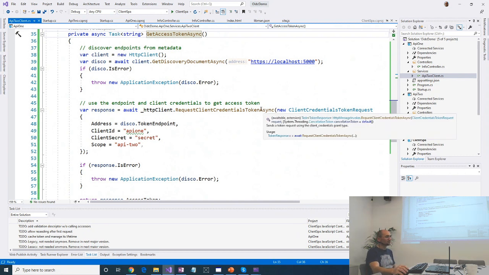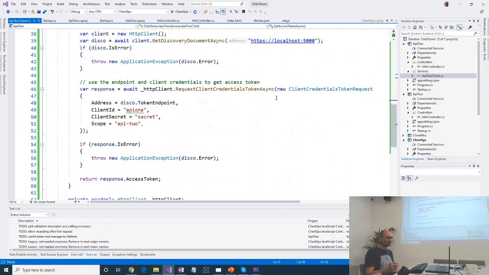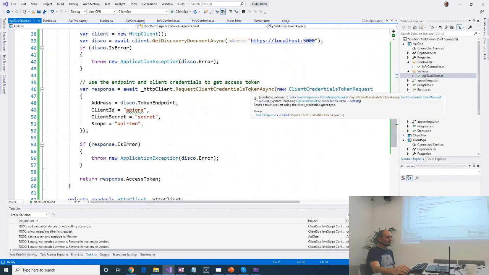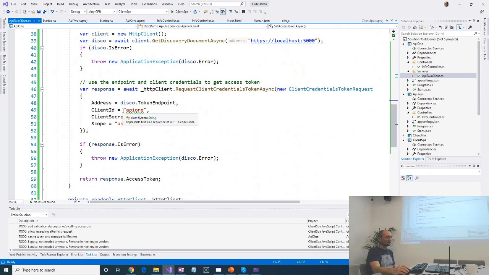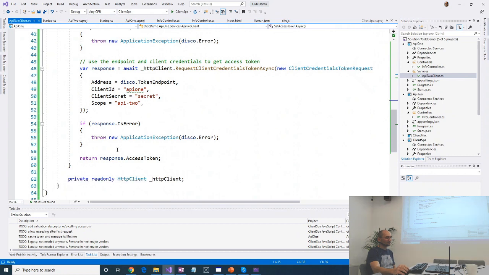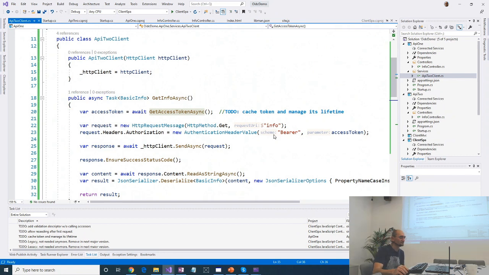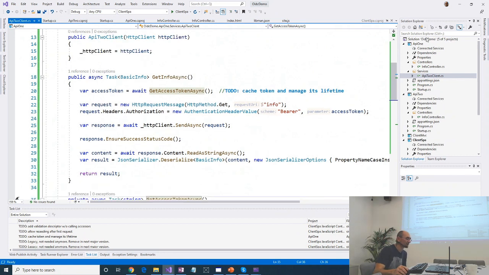And one of the methods you can run on it is getting the access token using the client credentials. So in here I tell it, okay, please connect me to this identity provider, and get an access token. Here are my client ID and client secret. And on the way back, I will get the access token, and I will use the access token in the HTTP call. So when I run everything now,